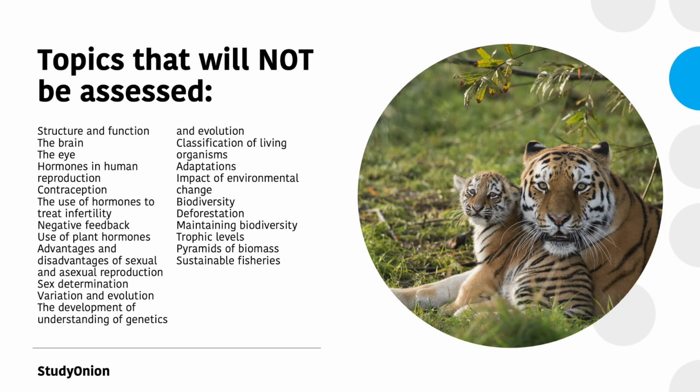They've also said there will be specific topics that are not assessed. And these for Paper 2 are structure and function, the brain, the eye, hormones in human reproduction, contraception, the use of hormones to treat infertility, negative feedback, the use of plant hormones, advantages and disadvantages of sexual and asexual reproduction,